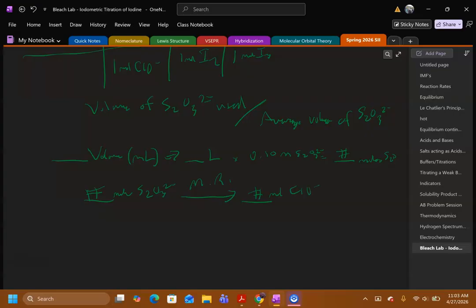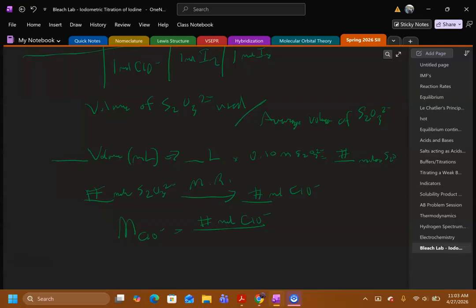Now, in the process of this, we need to figure out what the molarity of this is. So you're going to take the number of moles that you just calculated, and you're going to divide it by the volume of the diluted bleach